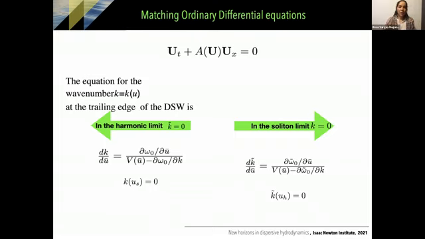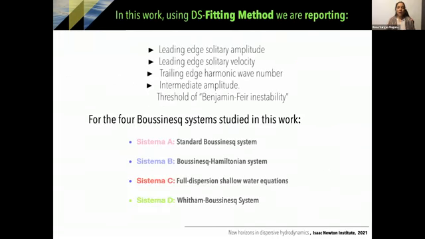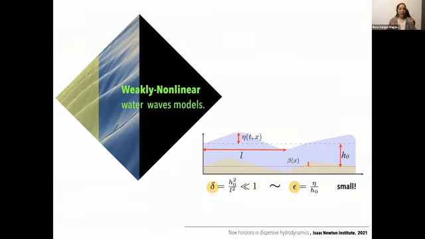And we will compute these formulas on this weakly nonlinear system after having verified all the conditions that I mentioned before. So we will obtain these macroscopic properties for the standard Boussinesq system, the Boussinesq Hamiltonian system, the full dispersion shallow water equation, and the Whitham-Boussinesq system. All these systems are weakly nonlinear water wave models, and